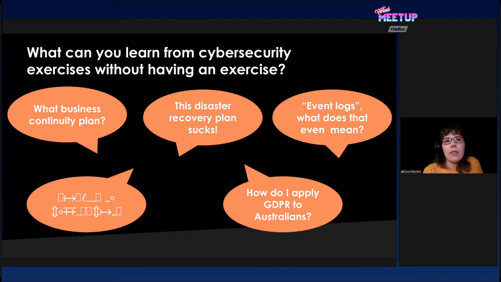Event logs, that's another thing. In the exercises I've seen, I've noticed that it's sort of self-evident to people who are involved in incident response or cybersecurity in general that they know what event logs mean and what kind of logs you should have about the things you do, you decide, or who you contact. So make notes so that somebody else can trace what has happened and what has already been done, so they don't need to do duplicate stuff.